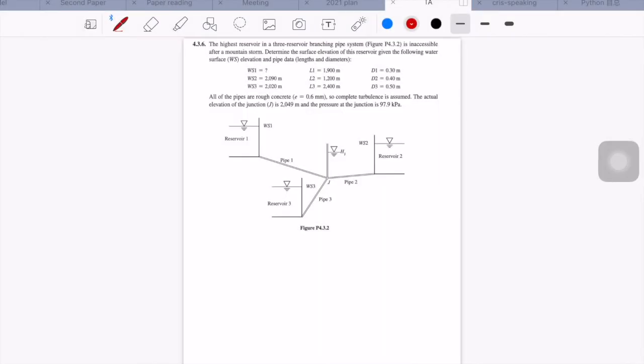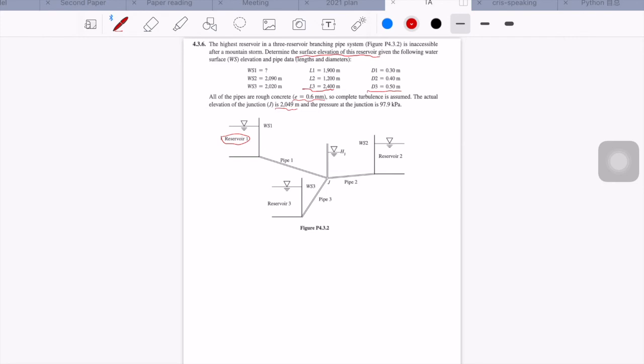The last problem also is a three reservoir problem. We need to determine the surface elevation of the highest reservoir, given the flowing water surface elevation and pipe data, the length data, and the diameter data. All of the pipes are concrete, and e equals 0.6 millimeter, and complete turbulence is assumed, and the actual elevation of the junction is 2049 meters, and the pressure at the junction